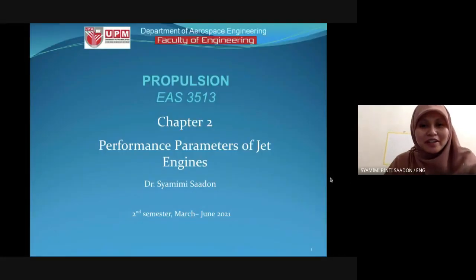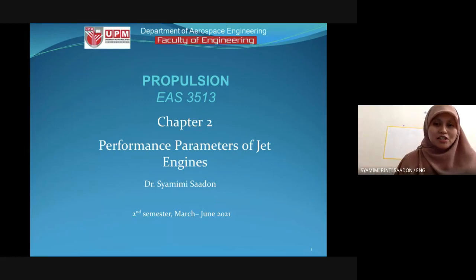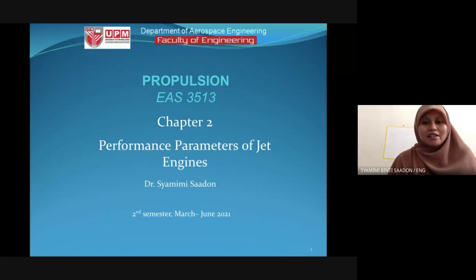So today we will do exercise, some tutorial. As I've uploaded before for week 2 and week 3, the first chapter and second chapter of propulsion. The first one was the introduction to aircraft engines. I introduced the different types of aircraft engine: turbofan, turbojet, turboprop, etc. And then in the second chapter,